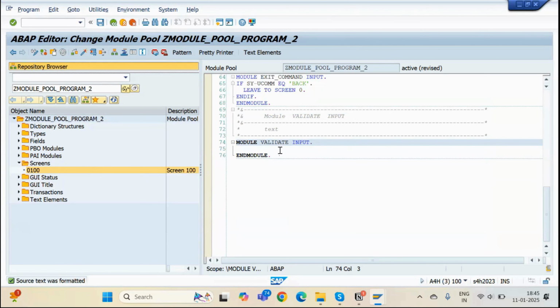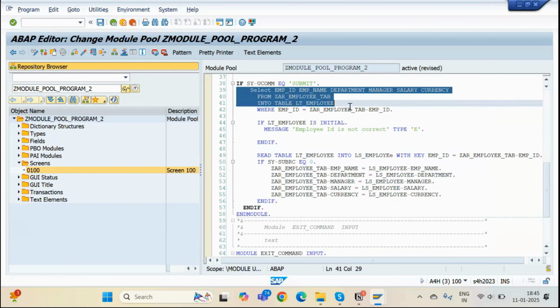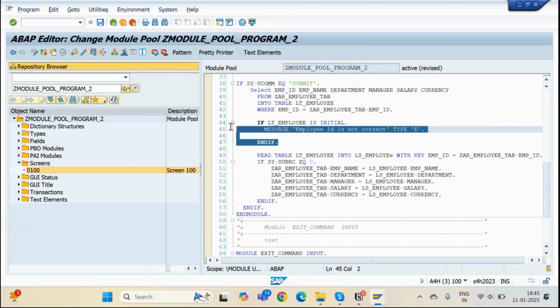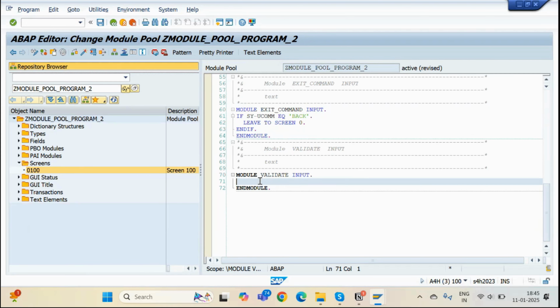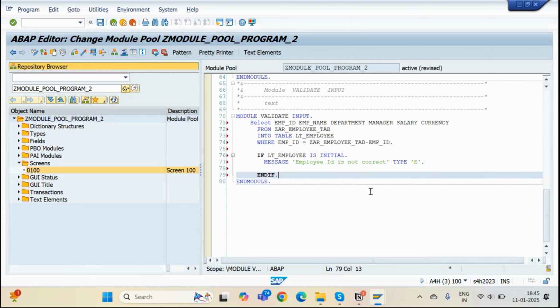So now here I will write the logic, all this part, just copy it, and I'm going to remove this thing from here. I will give this message here now. This is going to be triggered when you click on that validation part. Activate it,